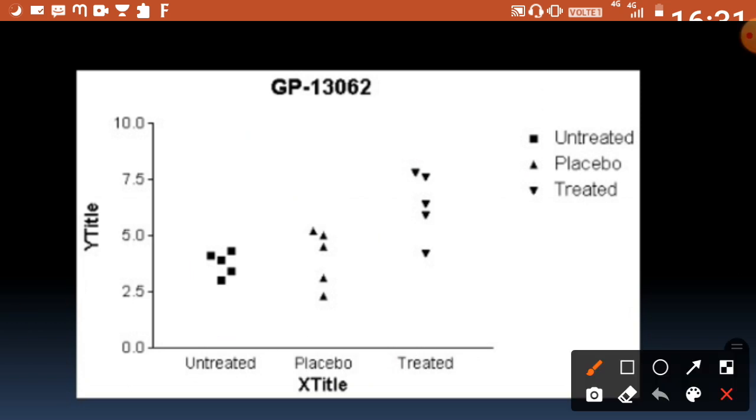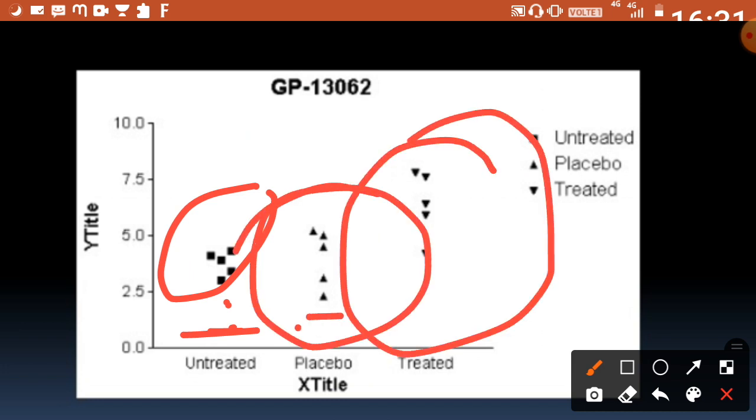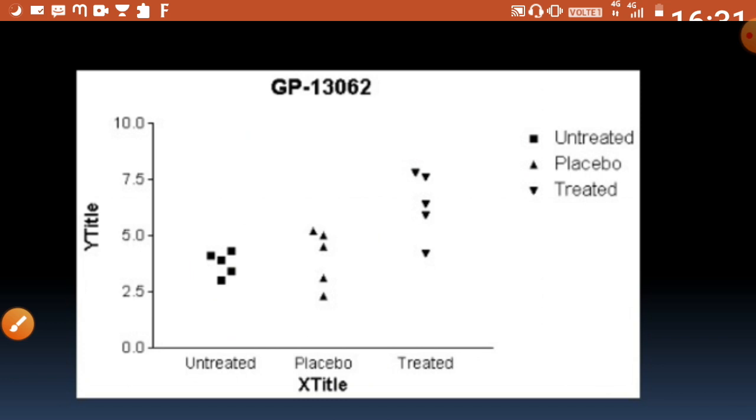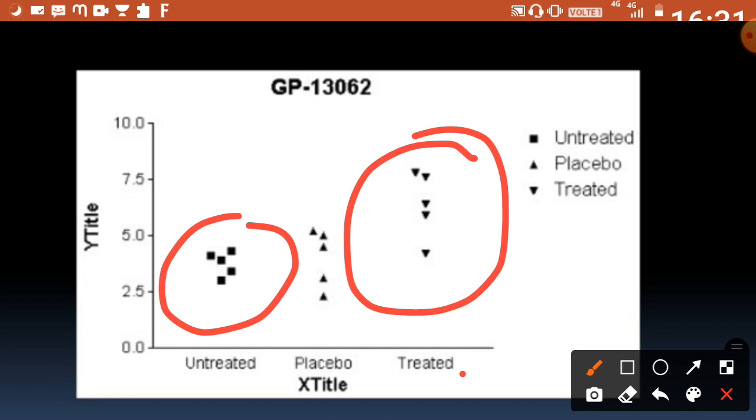You just have to plot the points, and then you have to classify whether these points are treated. Points means what? These denote some frequencies, right? So whether these frequencies are treated or placebo or untreated, like that. Or you can also present untreated. How many people are untreated? You can present like this. How many people are treated? You can present like this, right? By the way, I don't know what placebo means. I forgot to Google.